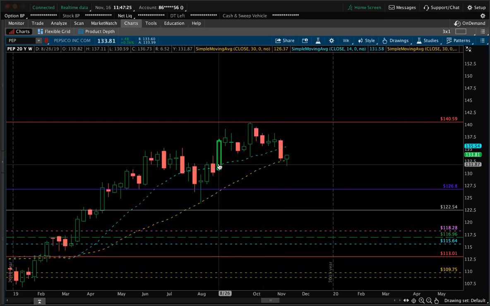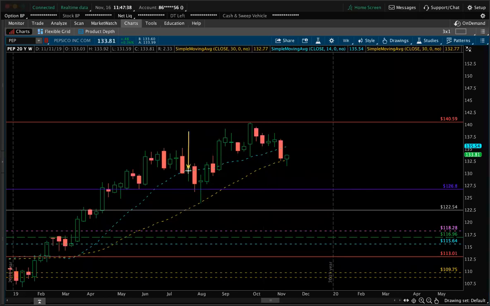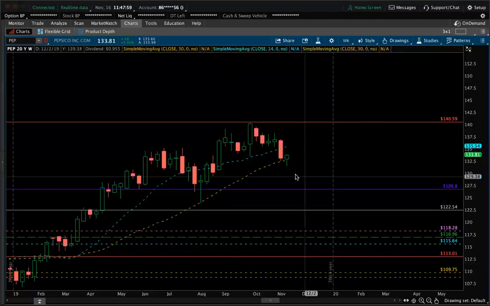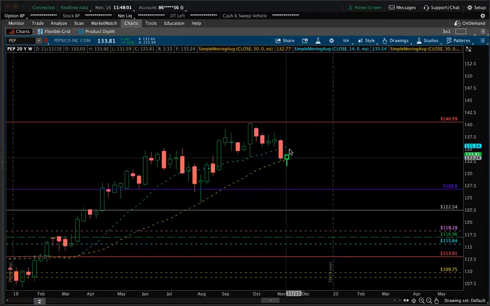The vacuum back can take a week, 2 weeks, 3 weeks, maybe even a month to happen, depending on how extended it is. For example, we got here, so we're going to use this one. Price closed above the 14 here, but it rejected it and came down, got close to the 30, and then tested the 30 the week after that. The next week, it took 1 week to go back to the 14 SMA, which is really good. We'll get into profit even faster, and that would be great for price. But for here, with last week's hammer, I'm targeting 135.